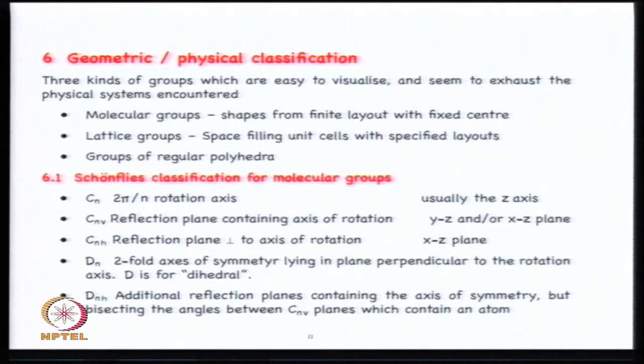We are at the end of the class, but I will leave you with what we will do next time. We are not interested in the mathematician's classification, but we are interested in the geometric or physical classification. And from the point of view of physics, there are again 3 broad classes of groups. There are molecular groups which chemists use, where there is essentially a standalone thing. So these are called point groups. There is a shape